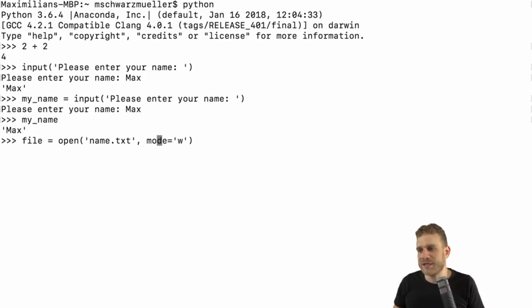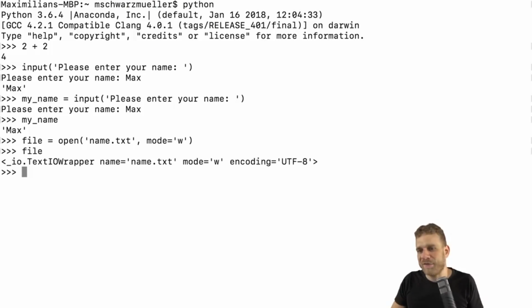And if that syntax is a bit unclear, well, just make sure to type it correctly here. You will learn what all these things are, 2 different arguments for 1 function throughout the course, no worries. But with that, we're basically telling Python to open that file and give us write access to it and store that address or that pointer to that file in that file variable. If I now hit enter, we can type file here, and this is this strange output, which essentially tells us that it somehow worked.